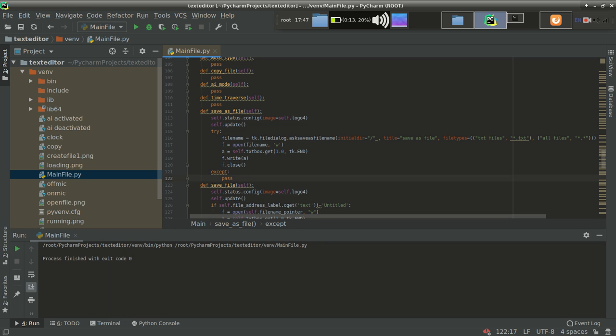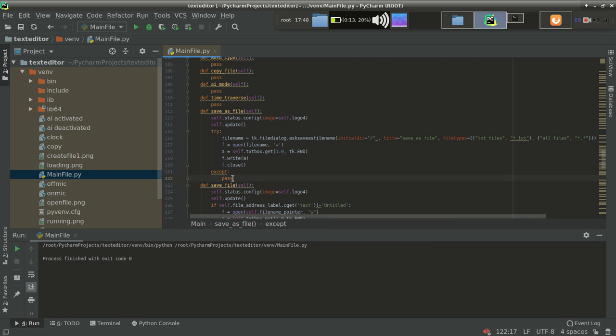So to avoid that condition, I am using try and except, because that condition can terminate our program, and we don't want to terminate. So if any condition went wrong over here, then in that case we will jump to the except block and nothing will happen, because the file is already written with the same name. In that case, the user can also use the save file button rather than save as.